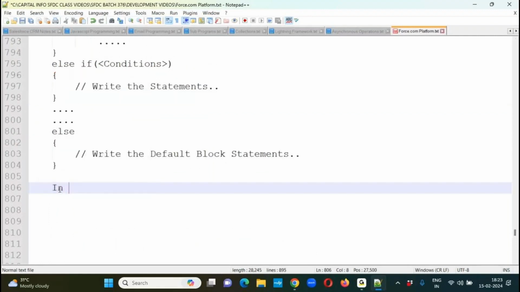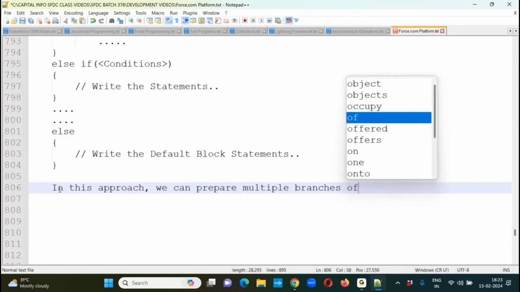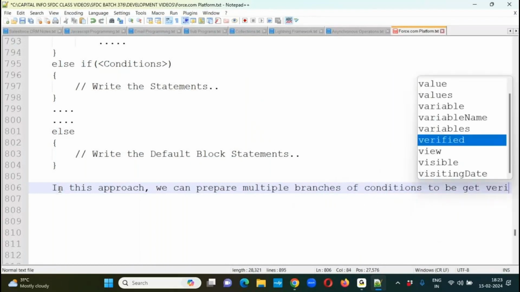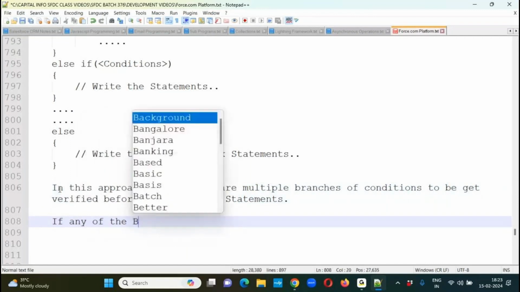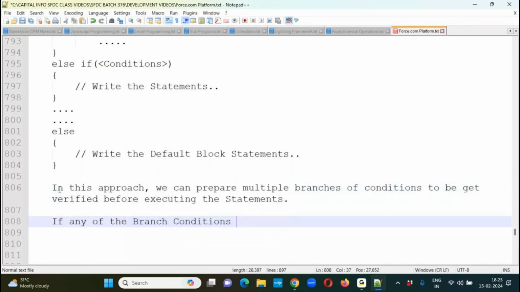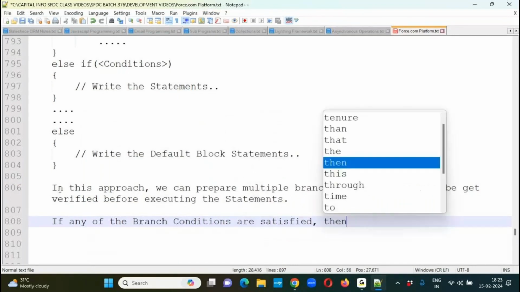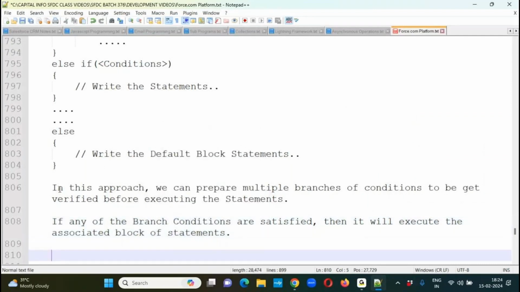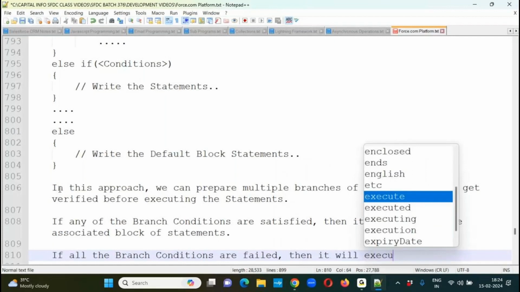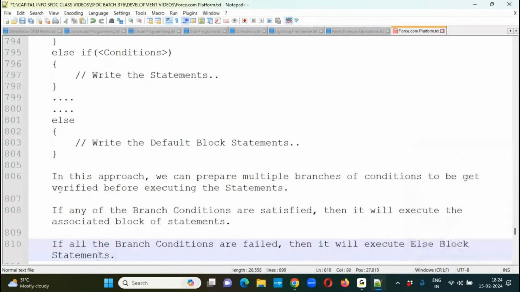Now, in this approach, we can prepare multiple branches of conditions to be verified before executing the statements. If any of the branch conditions are satisfied, then it will execute the associated block of statements. If all the branch conditions fail, then it will execute the else block statement. Note,